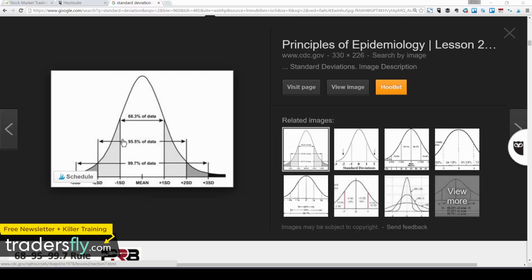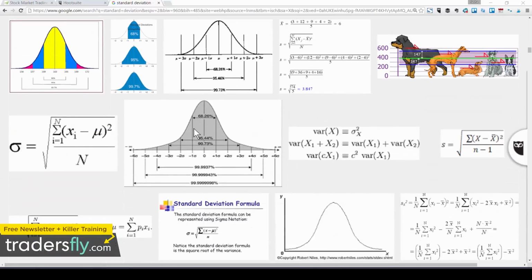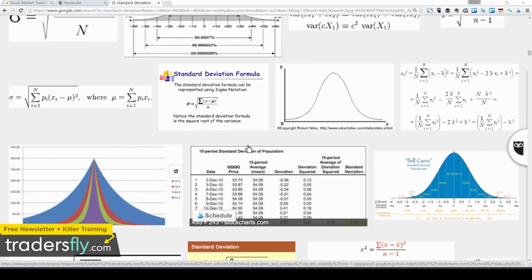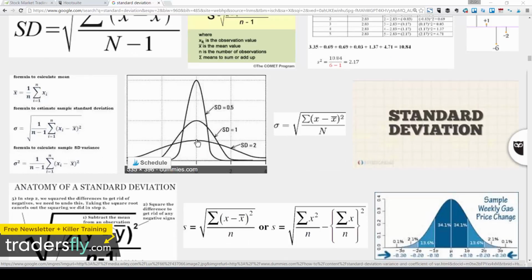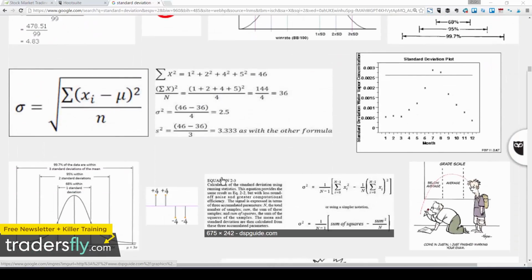Okay, one standard deviation is going to put it at 68.3%. If I do two standard deviations, it's a 95.5% chance. And if I do three, it's a 99.7% chance that the data is going to be contained. So again, look up standard deviation on Google Images or something. It'll give you a rough idea of how these things work, and read about it. Again, this is something that we could go in much more detail about, but it gives you a rough idea.